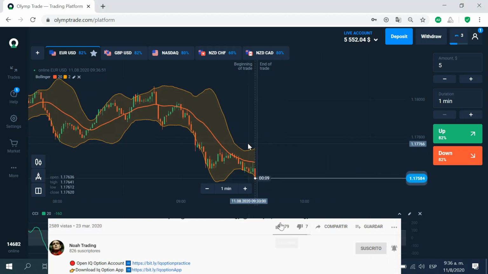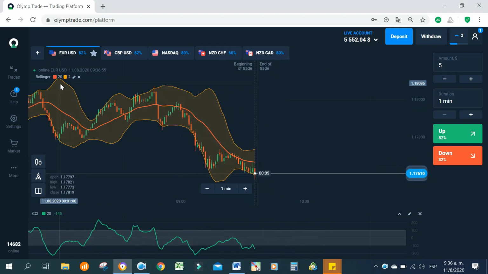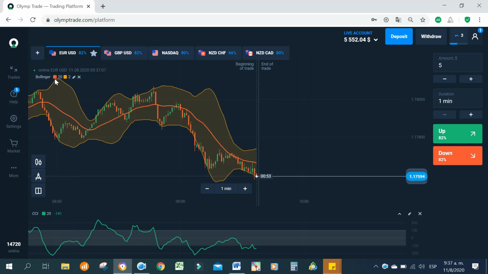Today let's see how this strategy works. I'm using Bollinger Band plus CCI, okay, and these are the settings: 20 period and 2 deviation. So whenever the price touches this line, it is already on this line, and it is also on